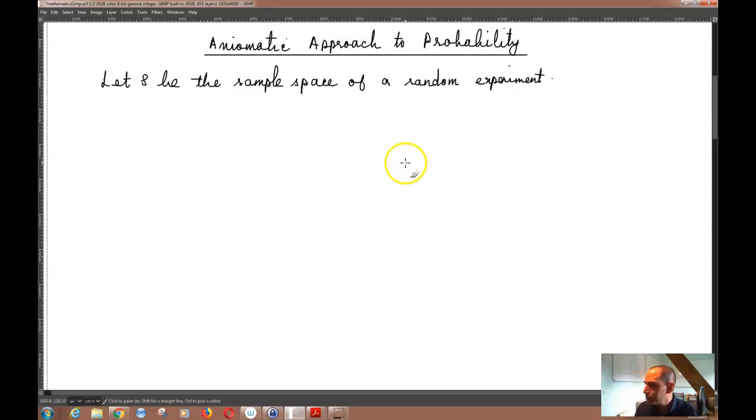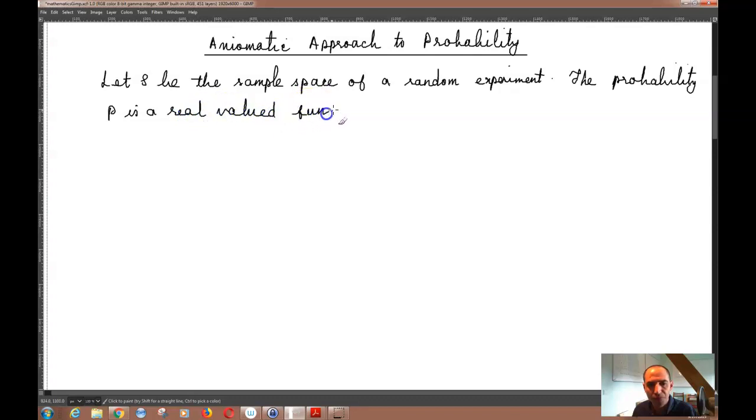Now, the probability P is a real valued function whose domain is the power set of S,